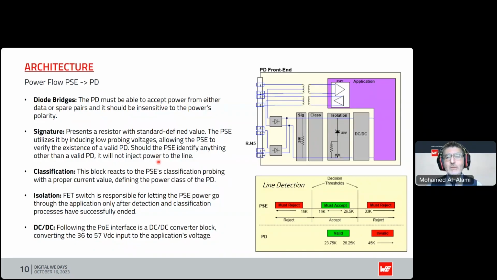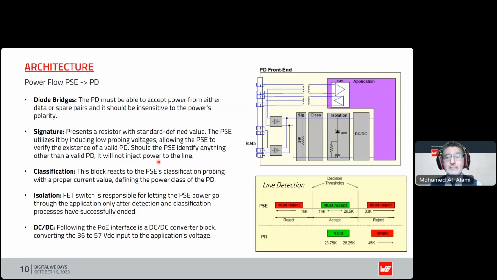All will become clear in a couple of slides when we show you some more of these classes and the levels of power accordingly. Now, I'm trying to make this simple. This is quite complicated in reality when it actually comes to performing this classification side of things. But we will talk maybe a little bit about that in a few slides in a bit more detail.